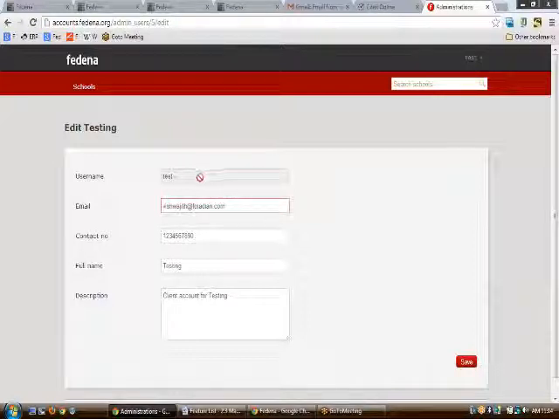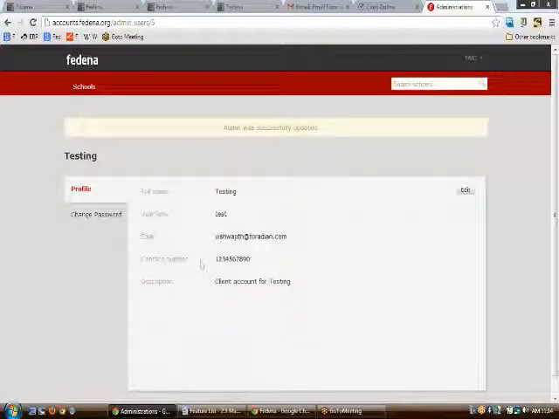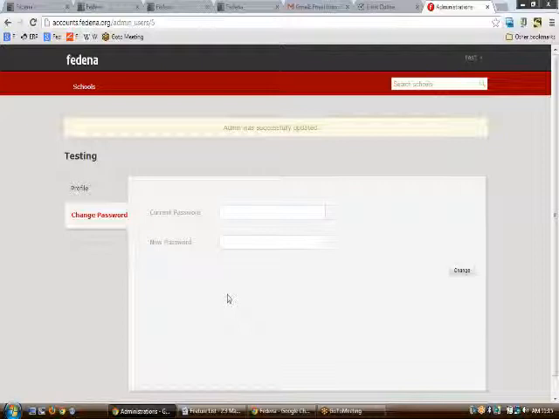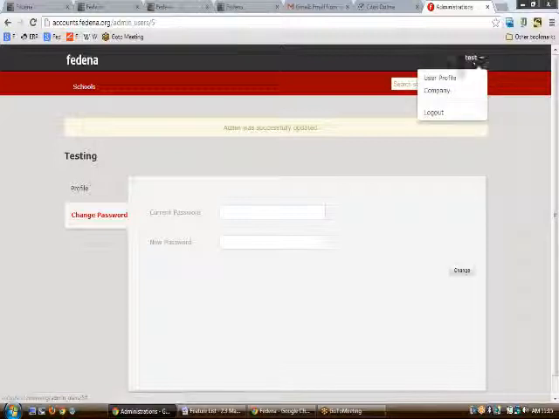So the username cannot be edited, as we can see the restriction with the cursor doesn't allow you to edit, so we cannot edit here. Next, if you want to do the editing, you can do it and click on the save button. Once this is done, you can even change the password, as we recommend our clients to change the password every time they log in with the default credentials, may it be the SaaS dashboard or the Fredina itself. So this was all about the user profile.